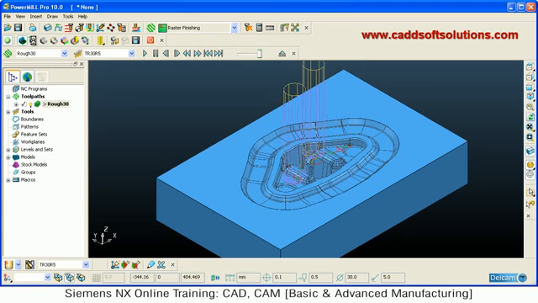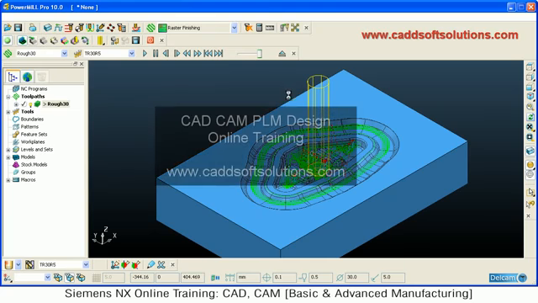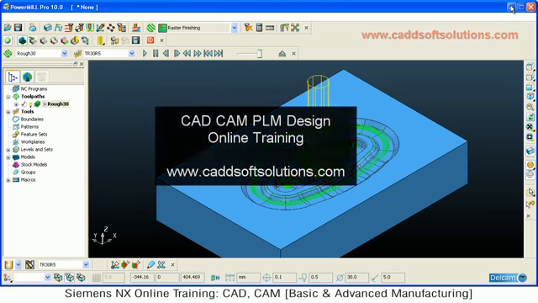Then next is dynamic simulation. So in this way you can view the different simulations here. Dynamic simulation is there, plain image is there, then this machining image is there. You can click on those buttons and you can see the respective simulation.